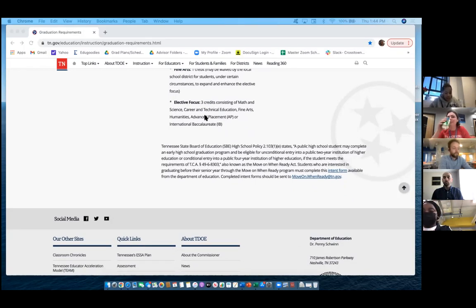Next year you'll be 10th graders. As 10th graders, this is what your schedule will most likely look like, with the exception of the choices of your electives. You have English 2, you have social studies, which will be your economics and U.S. government. Then you have algebra 2, biology, and then you have an elective you could choose for 1, elective 2, and then you have to have a capstone.